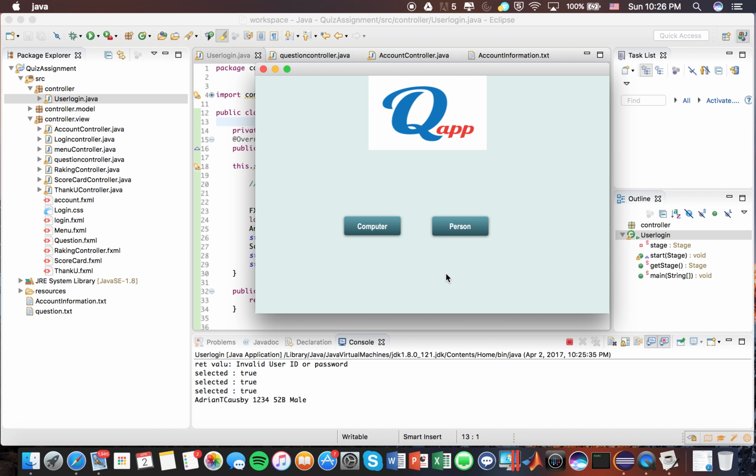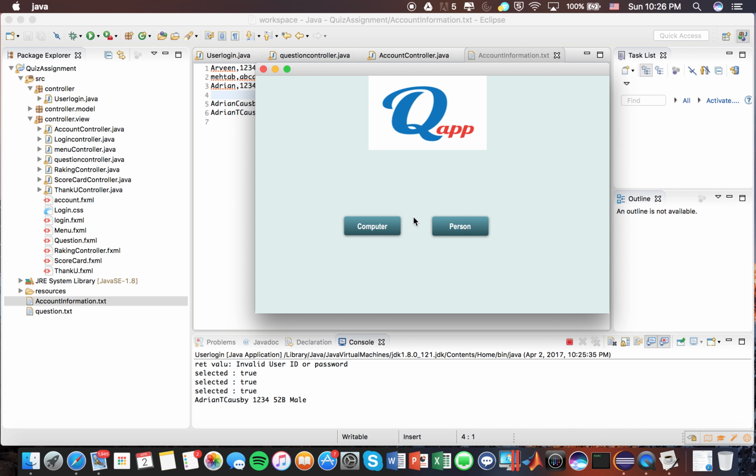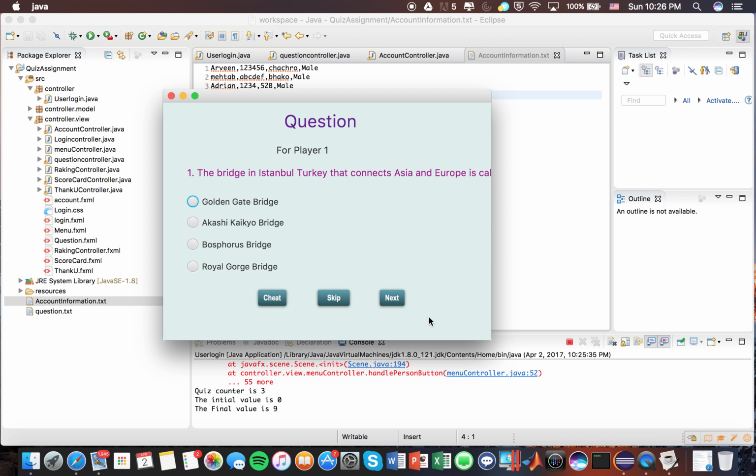Before moving on, I'd just like to show you where it's stored. As you can see here, username, password, address, and gender, and these are the previous logins. Going back to the app itself, the player can now choose between going against a person or a computer. So if we go against a person,